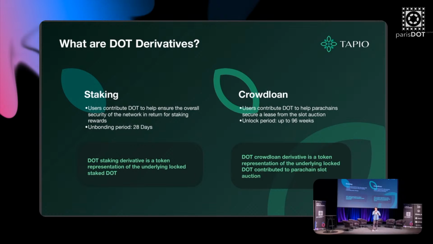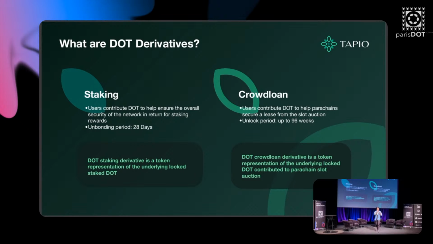I'm sure for those who are already participating in either staking or crowd loan, there are two avenues to participate. One is via Polkadot.js, a very powerful tool, but at the same time, not the most intuitive and not the most user-friendly. The second way is to participate in staking and crowd loan through some of the DeFi solutions offered by parachains or centralized service providers like exchanges or node providers.